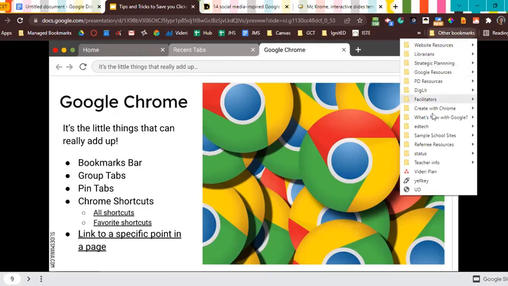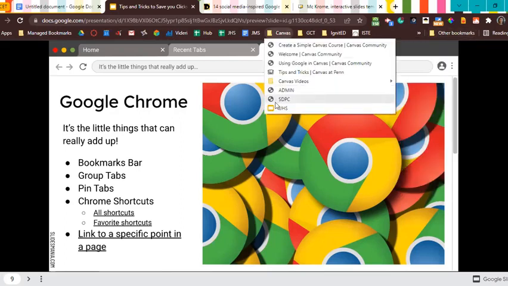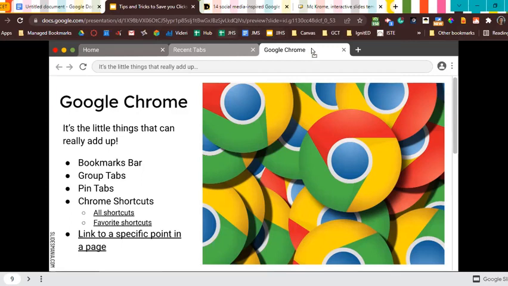Under other bookmarks, I have folders. I had another one here and I moved it. Oh, there it is, my JJHS one. So I can drag that back up here so that I have my 3 school bookmarks right there if I need them. So just realize that you can go ahead and you can edit these bookmarks,